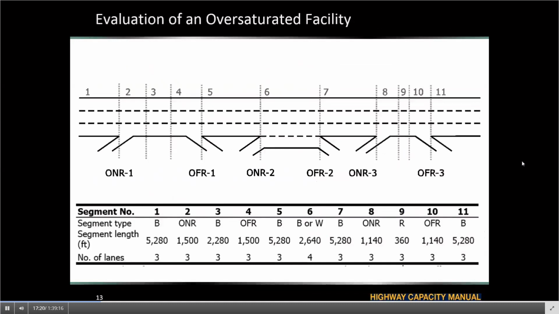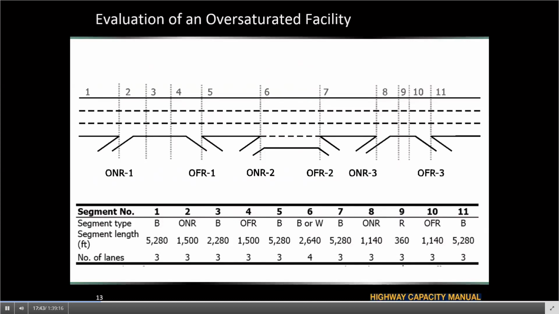To illustrate just one example of what this methodology can do, here is a look at example problem 1 that's part of Chapter 10, the freeway facilities method. The example problems are now contained in the electronic Volume 4, so any of you can access this example problem today, even if you don't have the HCM, by going to hcmvolume4.org and creating an account.